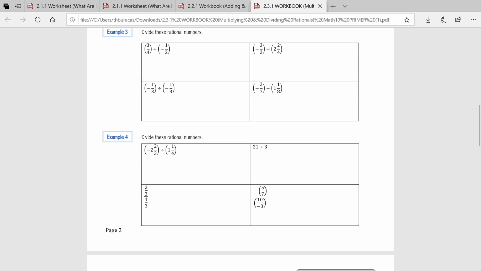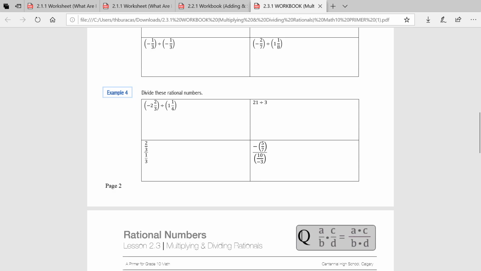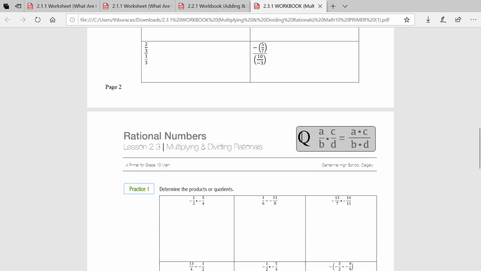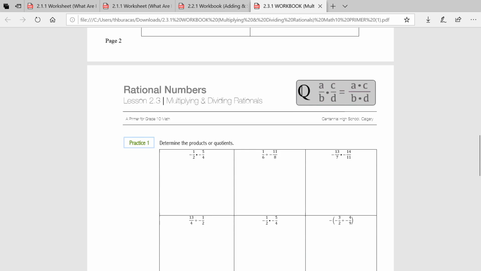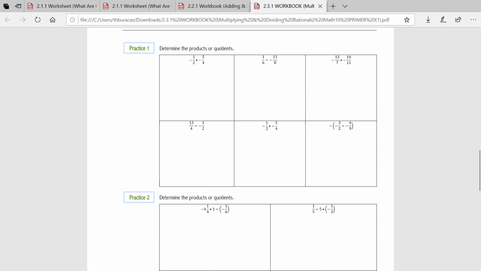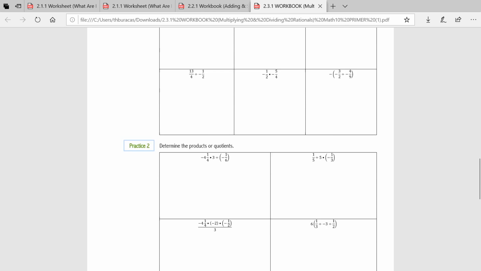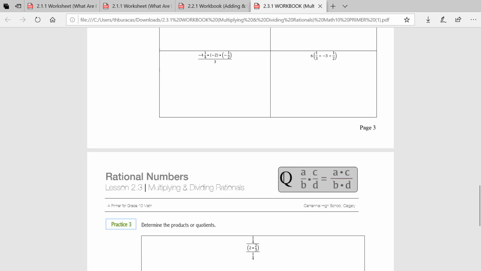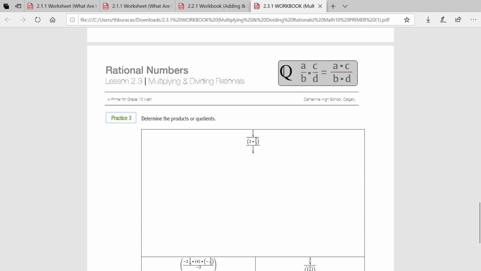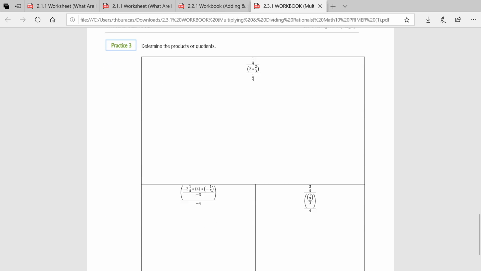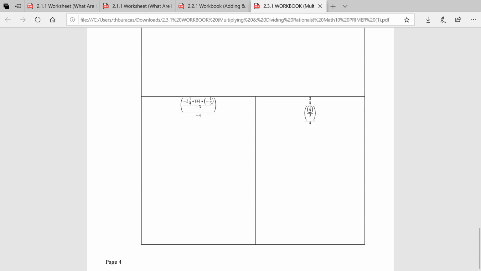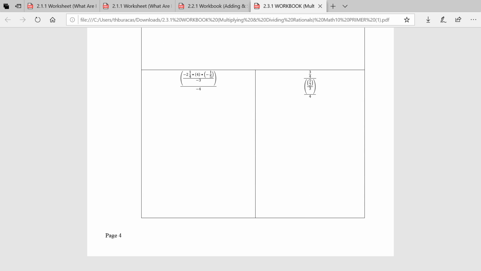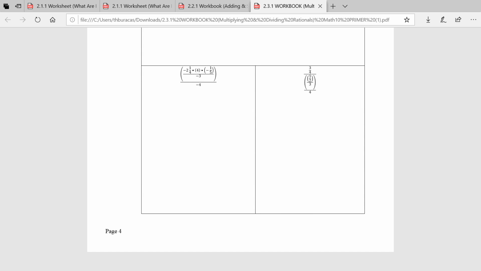So many will find this to be an easier operation to do as compared to, say, adding and subtracting, because we do not have to think about common denominators when we divide and multiply. The process is pretty straightforward and even a bit intuitive, except when it comes to dividing. Where the heck does this thing called invert and multiply come from anyways? Well, we'll investigate that and a few other complications, but always with the understanding that this is a skill that